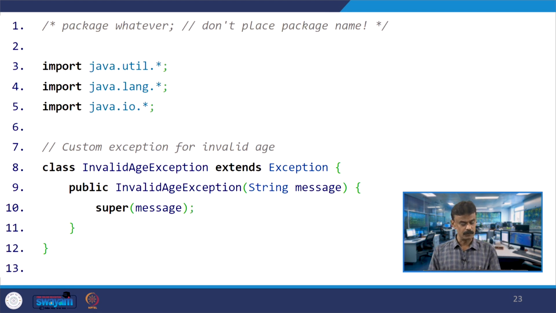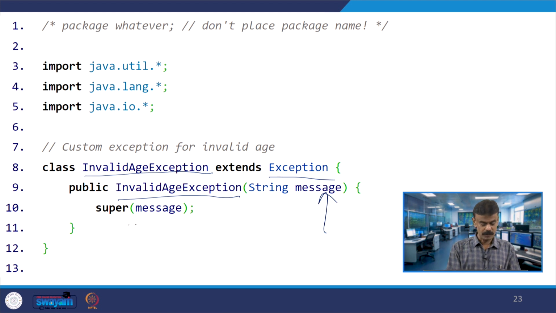Now if you look at this code, let us have a class called InvalidAgeException, which is extending the built-in class Exception, which is a super class, right. You have a constructor InvalidAgeException with one string message, and here you have super(message), so the super class constructor will be called, passing the message.